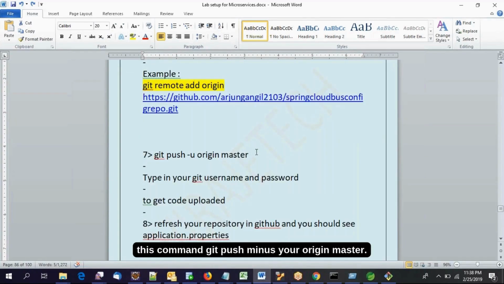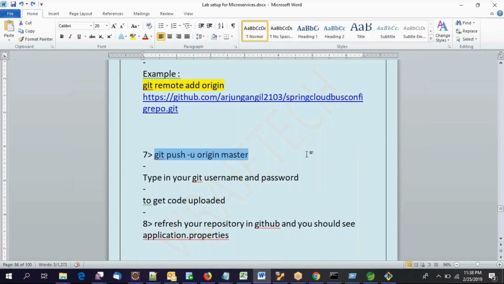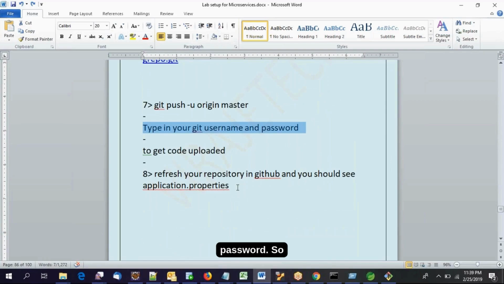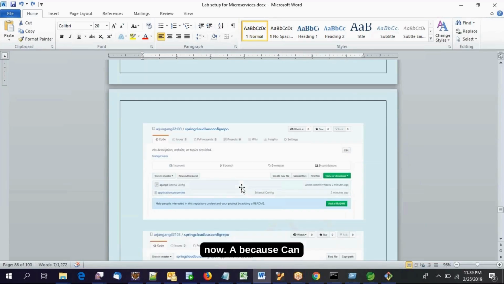Now run this command, git push -u origin master, and if required, give the username and password. So now if we refresh the repository after this check-in process, then we can see the application.properties. So now